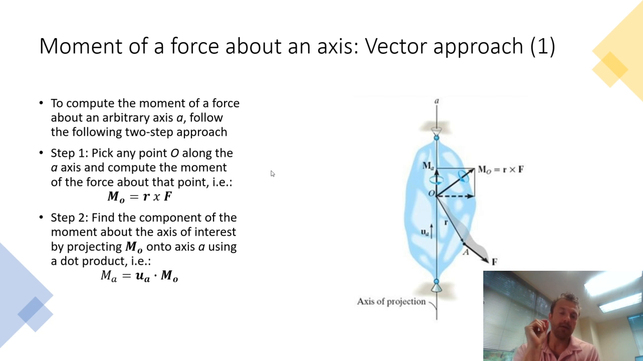axis is to first compute the moment of a force at any point along that axis. This is, again, one of the key ideas in the moment chapters: there are a lot of degrees of freedom for you to choose. On the axis, we can pick any particular point we want. Once we compute the moment of the force about that point, we'll just take a dot product with a unit